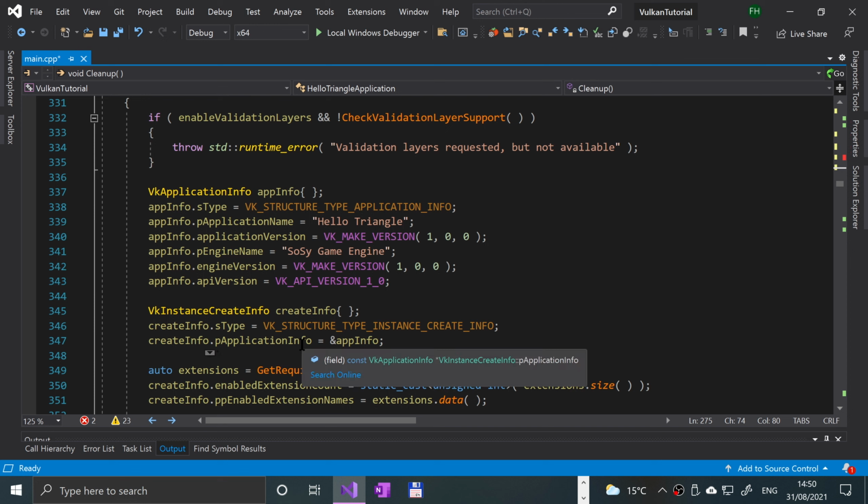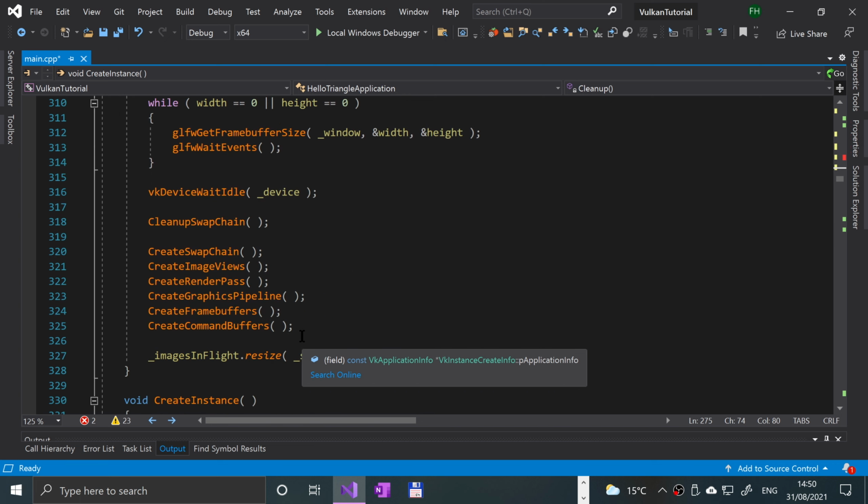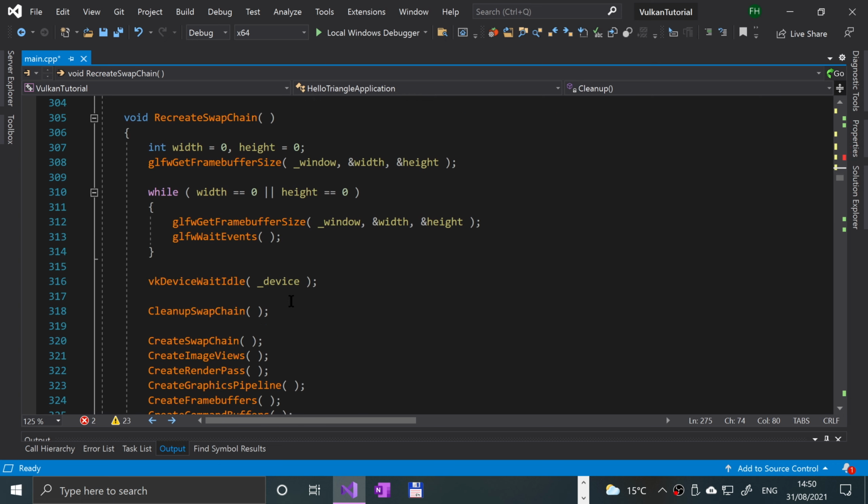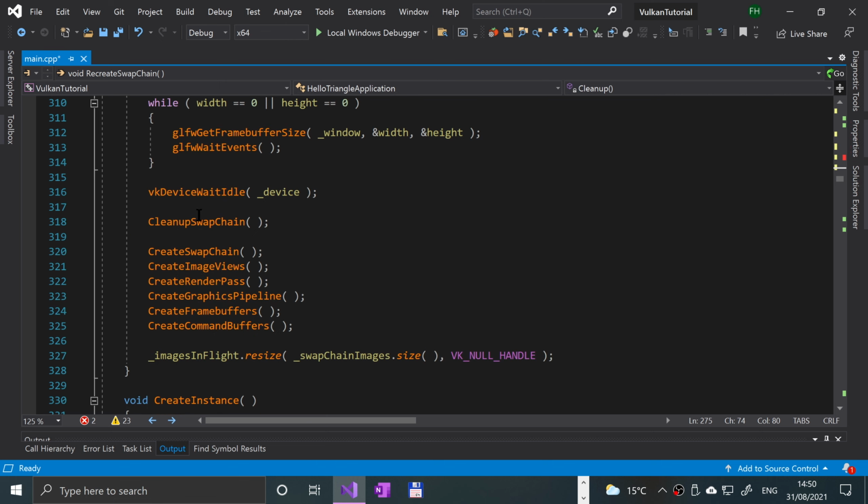Should have been here somewhere. Let's try and find where I actually put it. Recreate. Oh, there we are. The recreate swap chain, and what we are going to do is